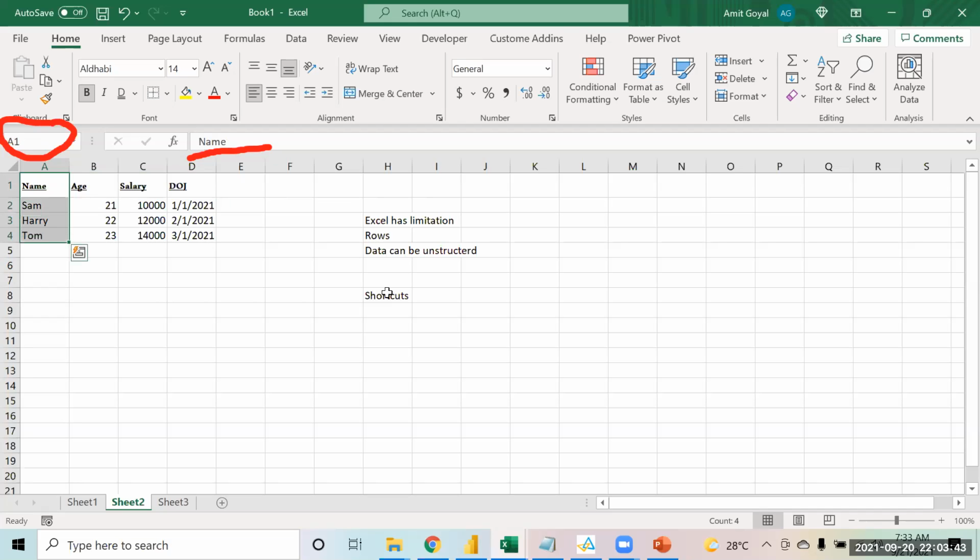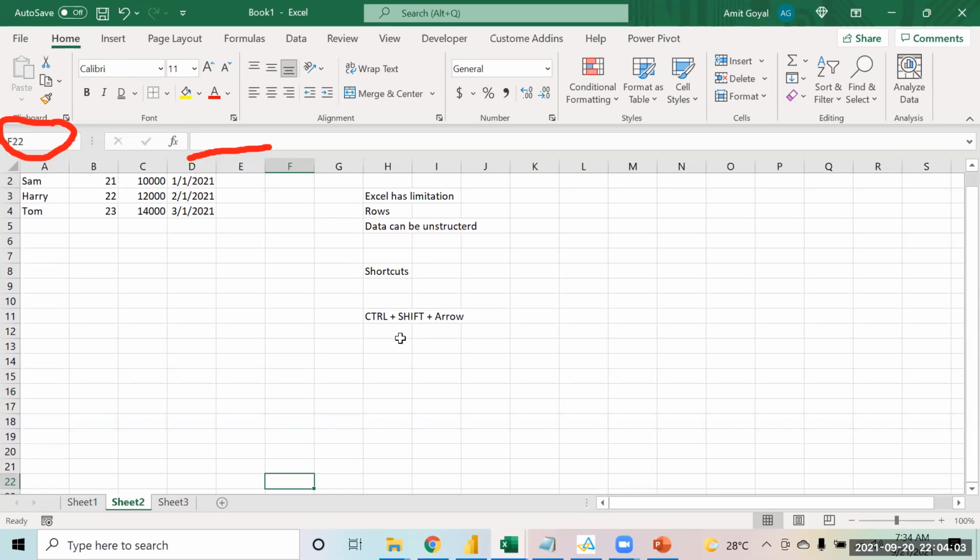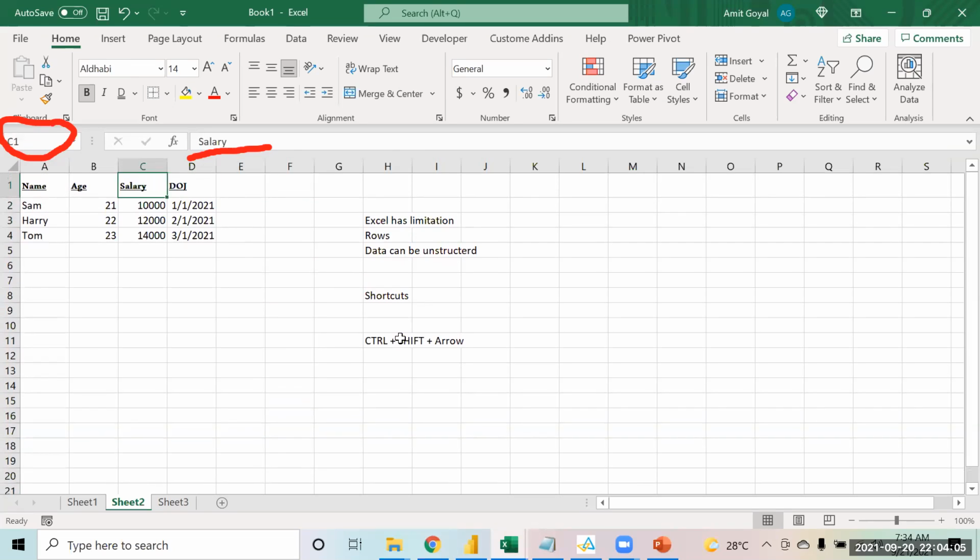It will select the data up till the last in the downward direction. Okay. Control plus Shift plus arrow. So whatsoever arrow you use, left arrow, right arrow, up or down arrow, it is going to select that in that direction. So please try this, everyone. Control Shift right arrow or Control Shift down arrow.